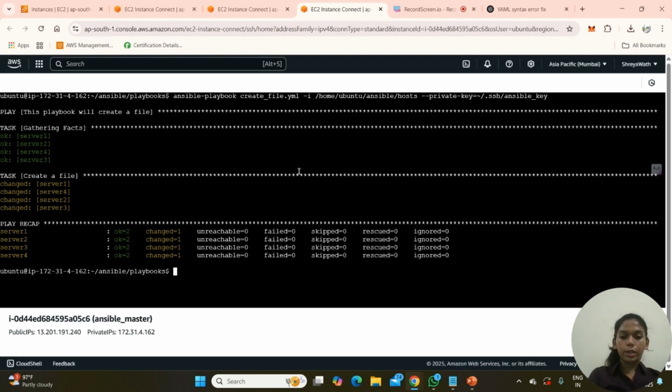Here we'll create a user on our slave nodes. We have to follow the same procedure that we did for our first playbook. The first thing we did is create a file using the Vim editor. This file will be named create_user.yaml, and enter.